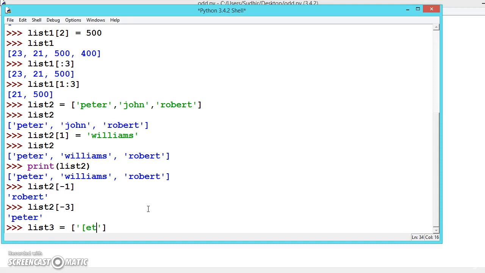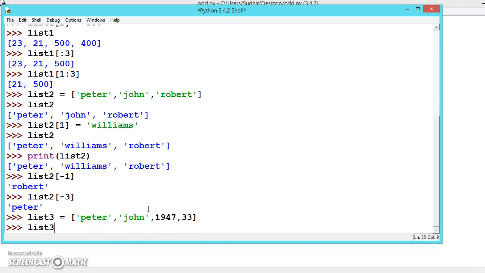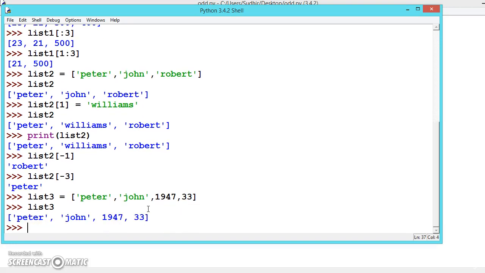We can write Peter, John, 1947, 33. So we can mix the data types inside the list. This is the best advantage. And there are many methods available that we will be seeing in the next session.